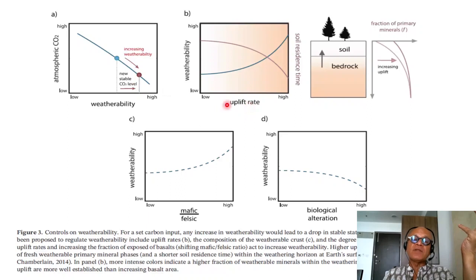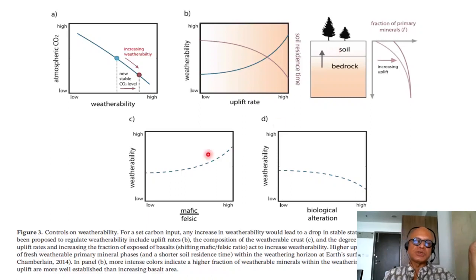For example, uplift rate would increase, weatherability would increase, but the soil residence time would decrease because you have a fraction of primary minerals in the rock and in the soil and bedrock interacting with each other, and based on the uplifting rate, which we are looking at here, the exchange of primary minerals and weatherability of the terrestrial